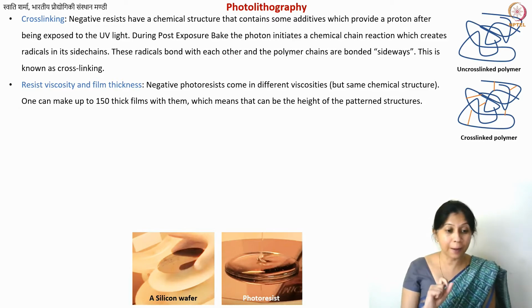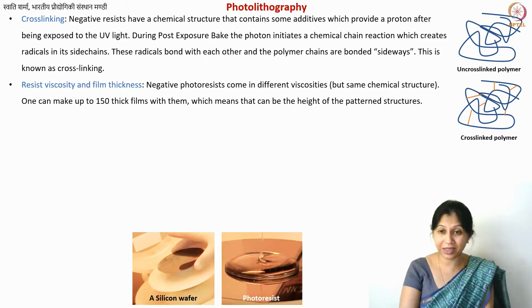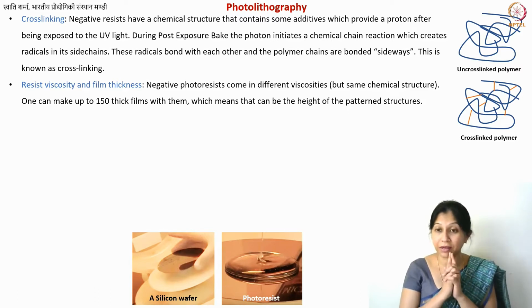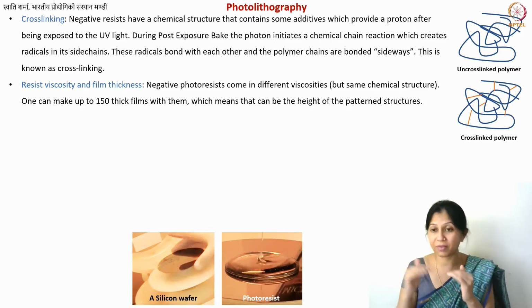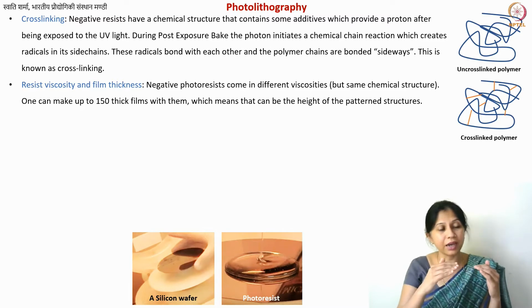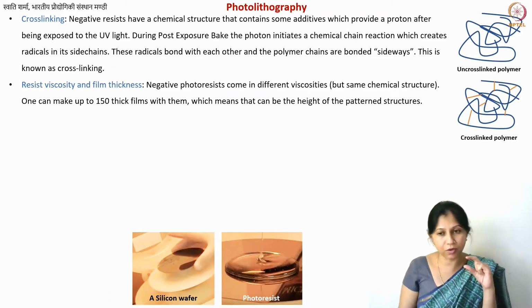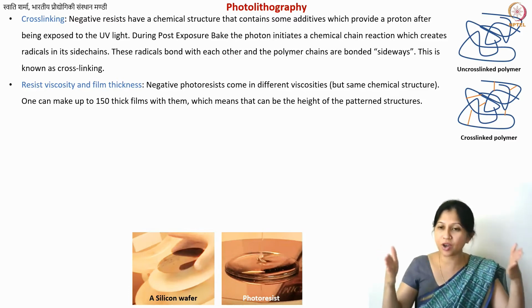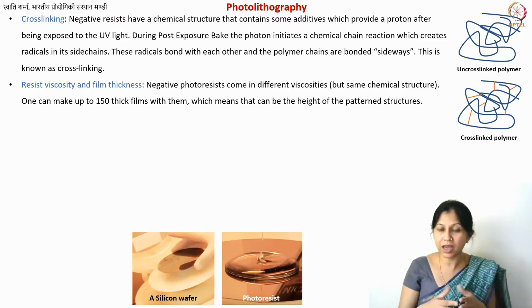In fact, the commercial resists are available in very well-defined viscosities, and a set of parameters is given to you that, okay, this particular resist at 3000 RPM will give you this film thickness. At different RPMs, it will give you different thicknesses, but every resist will have a range. It may not be able to give you thinner than a certain thickness, and also not thicker. So every resist will have its range of operation. So the viscosity becomes very important.